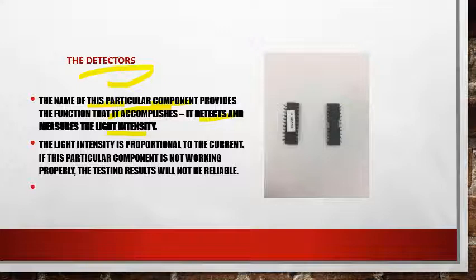The light intensity is proportional to the current, and if this component is not working properly, the testing results will not be reliable. So the detector is again an important part of the spectrophotometer, which is very much essential, because